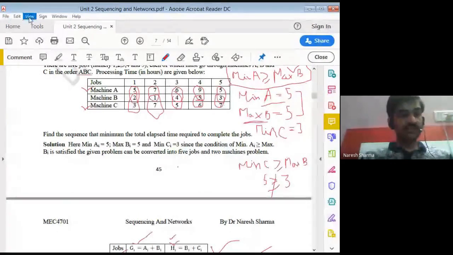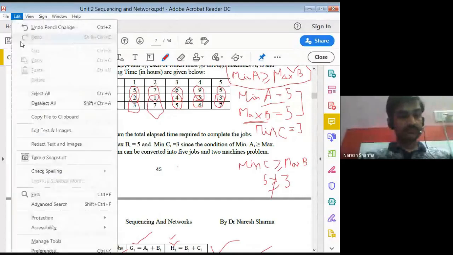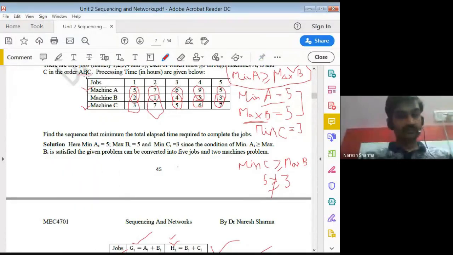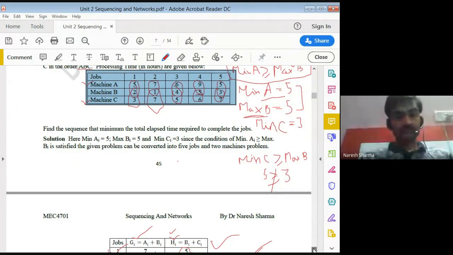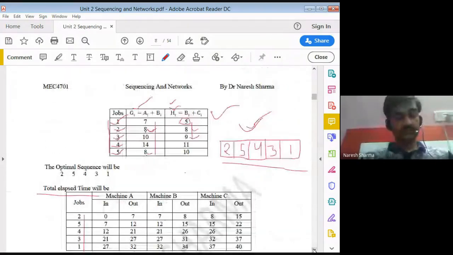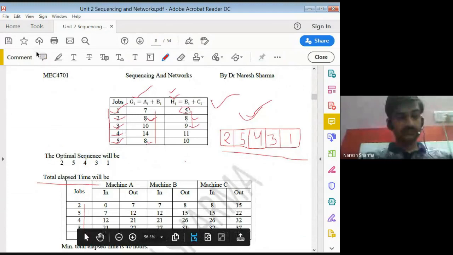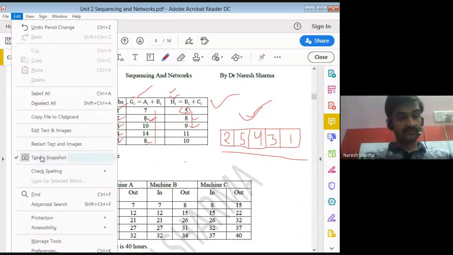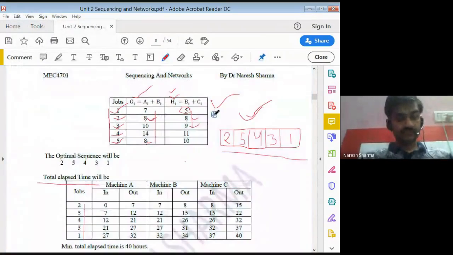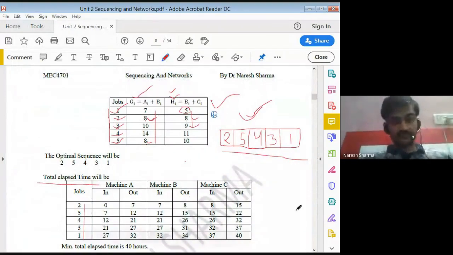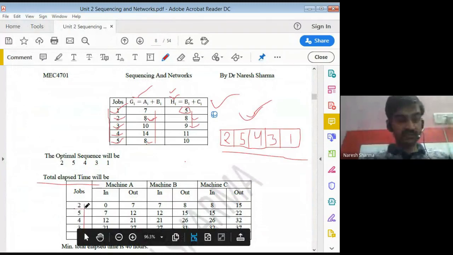So we may try one thing. Now we can see for the second machine as a second job, what are the times.